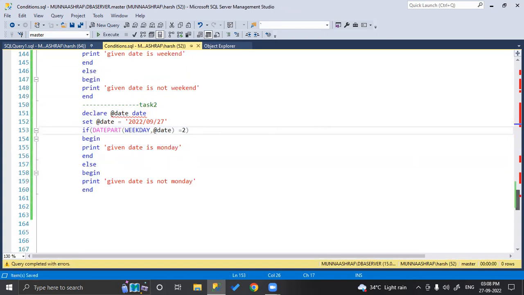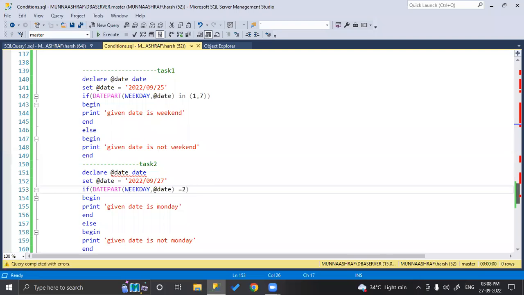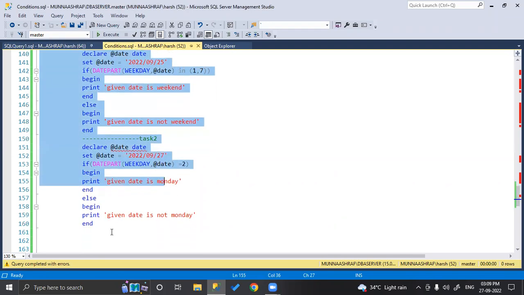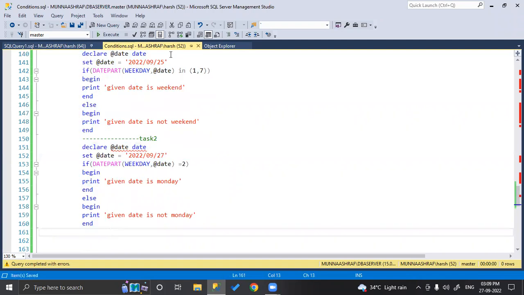Others are writing the condition and then evaluating the values here only, for Monday and weekend, so that is not good. Please compare this code with your task details. But those who have tried, they have done a very good job. I appreciate them. At least they have tried it.